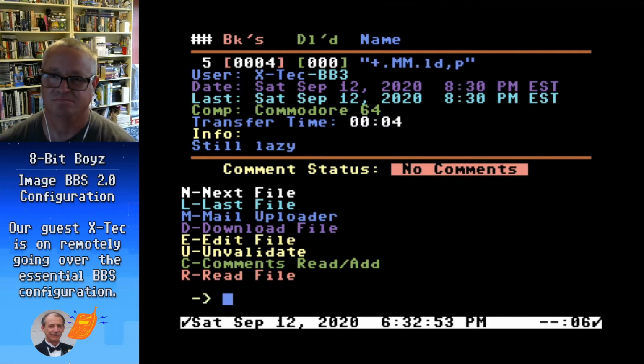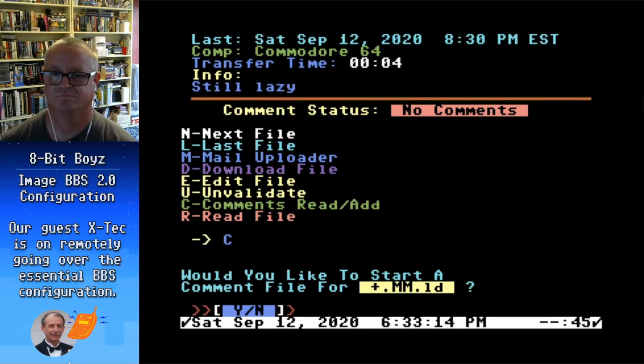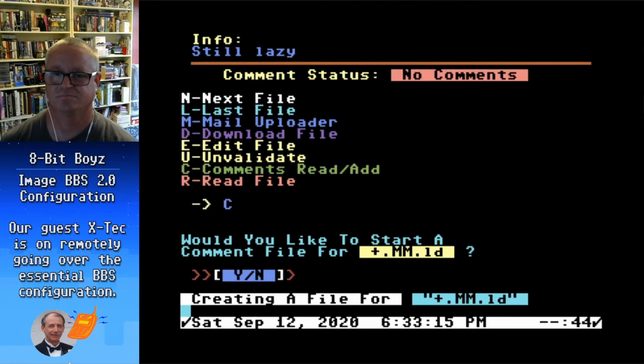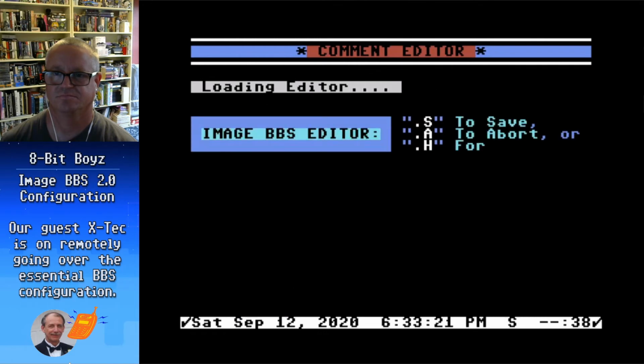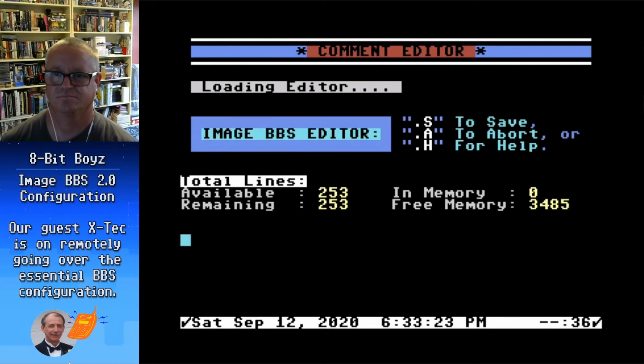Correct. You notice there's a comment status up there. It says no comments. You can actually, if you're the uploader or you're the Sysop or you're the SIGOP of the UD section, you can actually add comments to this file. When you're in the about function, you can add a comment, say yes. And now this file was